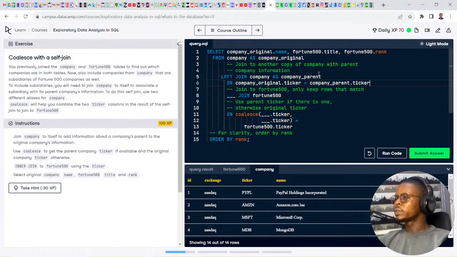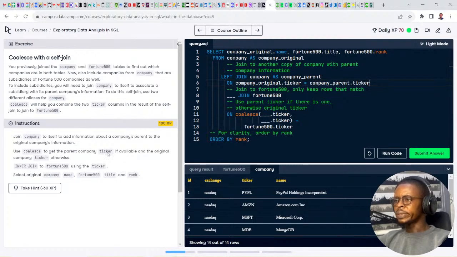So let's join company as company parent or company original here. So ticker equals, so we're going to return everything from the what? From the company parent here, from the left table. Is this our company original table?